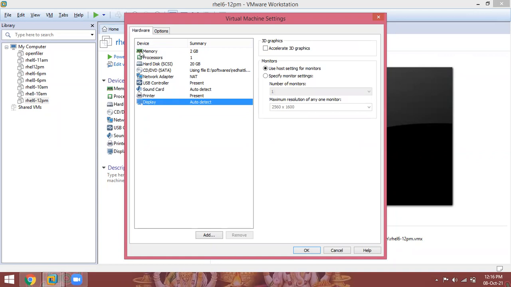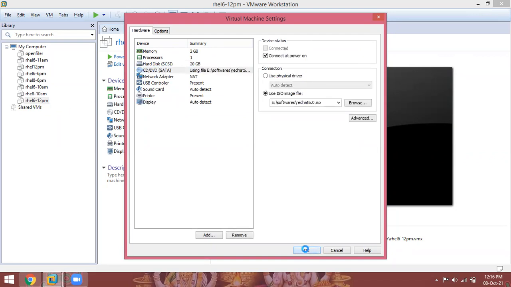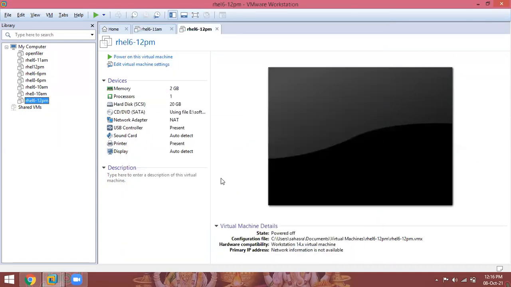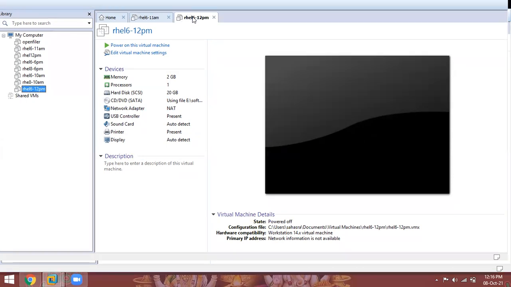See, once you buy a laptop also, you get only this hardware. But physically, you have to invest the money, 30,000 or 40,000 rupees. Here, without paying a single rupee, I created one machine. That is called a virtual machine. On top of that, I am installing Linux. Click on OK. Now the machine is ready, the software is ready. Power on this virtual machine.